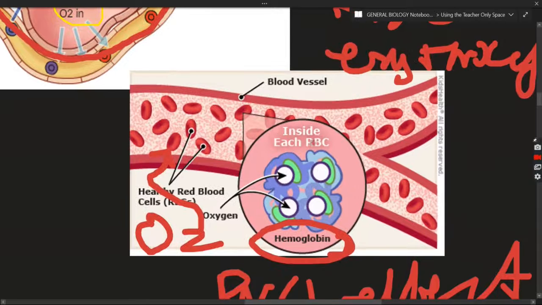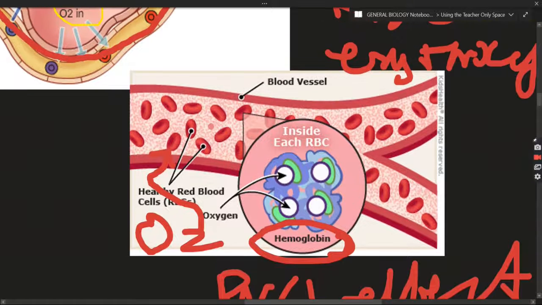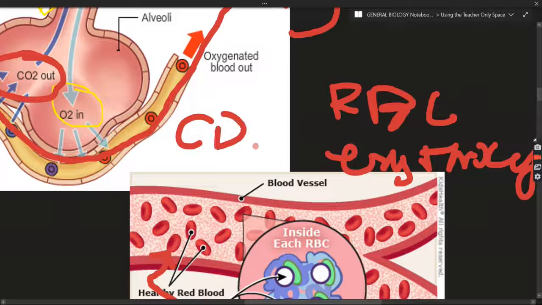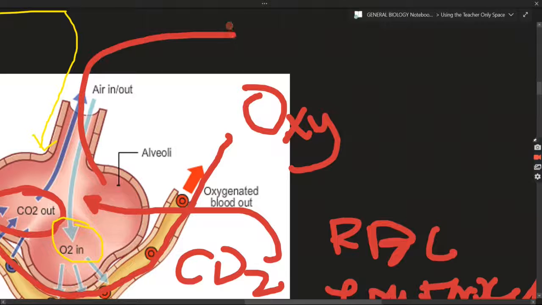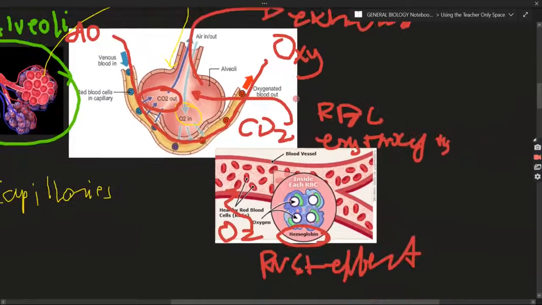So what happens? Once the oxygen goes inside our blood, it will now travel. So it is now oxygenated. When it is oxygenated, it will travel towards our heart. And then the carbon dioxide, which is a product of cell respiration, that is also found in your blood, is what we will release. Okay, so carbon dioxide will go to your alveolar spaces and then it will be exhaled out. So it will just be exhaled. Okay? And that process is known as expiration or